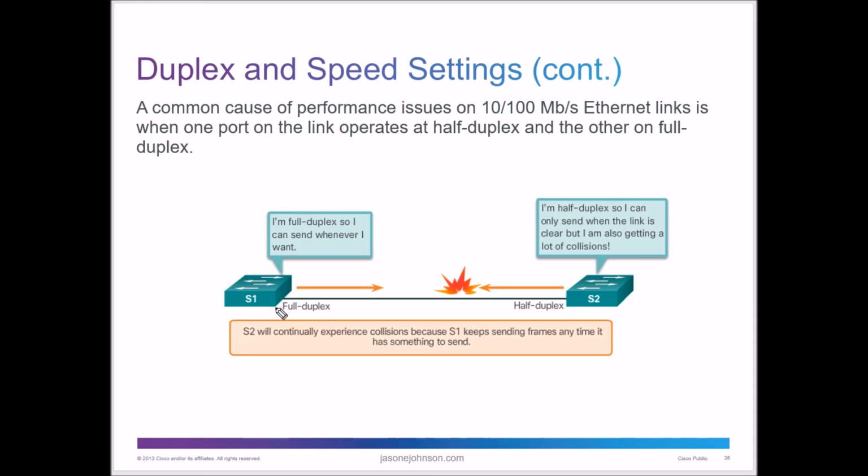And this is what I was talking about with the full duplex versus the half duplex. Full duplex is just sending its packets. It's not waiting on the return because it can communicate both ways. Well, half duplex can only communicate one way at a time, and so it can only go one way at a time.